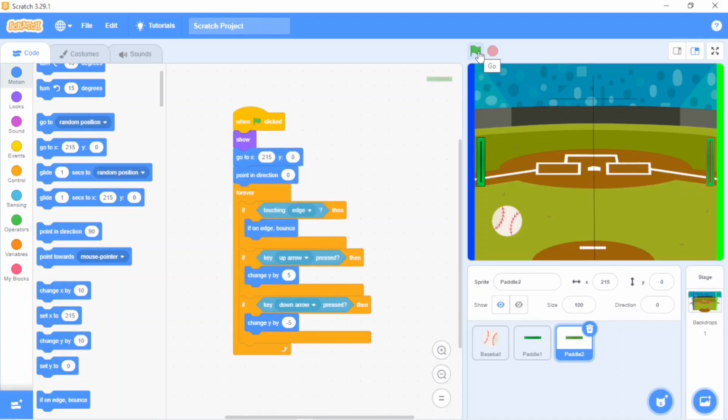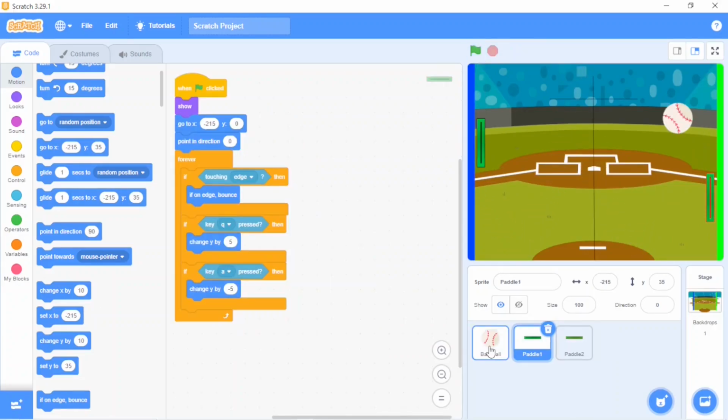Now I will show you the effect of the red: up arrow, down arrow, and of the black: Q A Q A. Like the movement, right? The red one is touching the edge and bouncing back. And the black is also bouncing back.